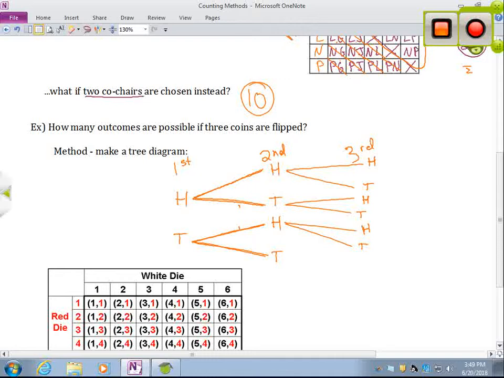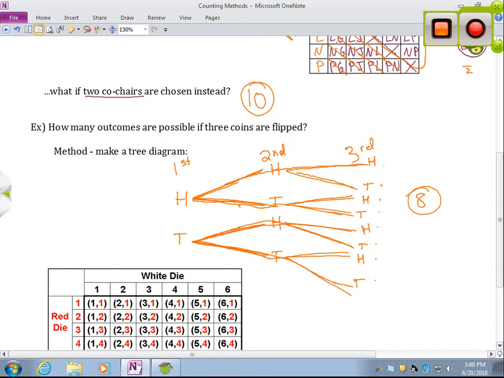Head, tail, and head, tail. So how many outcomes do I have? Well, I have a head followed by a head followed by a head, then a head, head, tail, head, tail, head, head, tail, tail. I can see that each of these full sets of branches is representing a different set. So I could just count down here: how many possible outcomes do I have? There are 8 possible outcomes. So yeah, our 6 would have been wrong. It's a good thing we actually listed them and didn't just make assumptions.